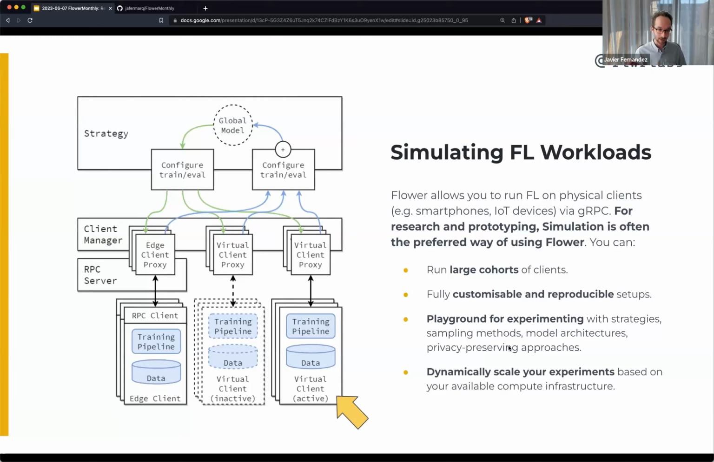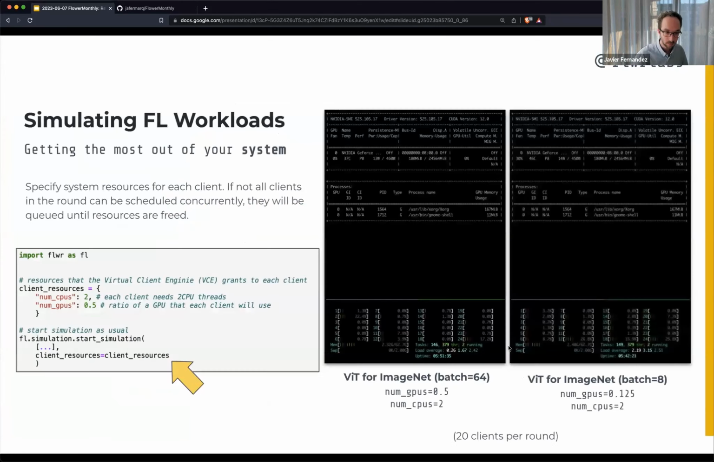And this dynamic scaling of your workloads is exactly the point I'm going to be talking about in the following 2 or 3 slides. So let's say you already have all your Flower code that you run on a few devices, maybe through the standard gRPC API. And now you decide to work in a simulation setting. You don't need to change anything in the code except how you start the experiment. So instead of having a start server, you will have this line, start simulation,